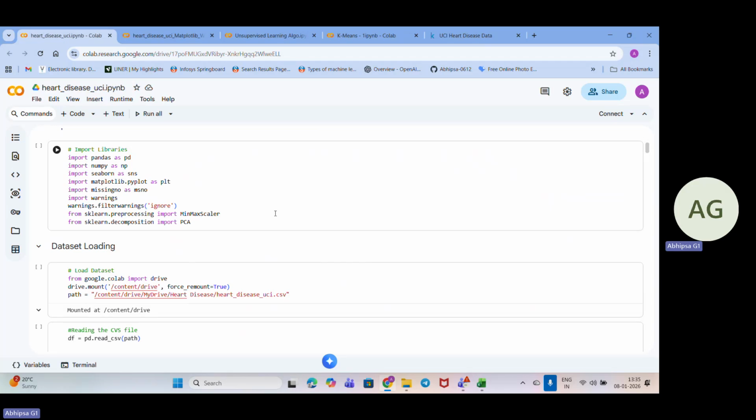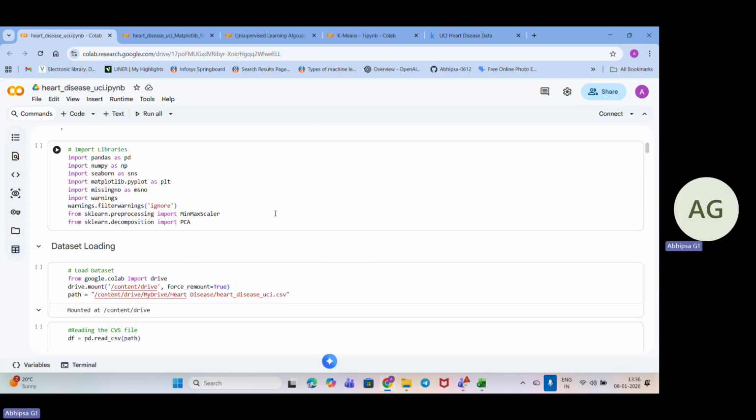Okay. So here, basically, what we are doing is bringing in our tools, cleaning the mess and making the numbers fair. We also reduce whatever confusion exists in the data set, and ignore the unnecessary noise, or unnecessary commands or any warnings that we are getting. So we will be bringing the tools for handling the data,